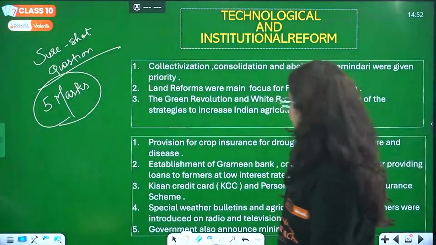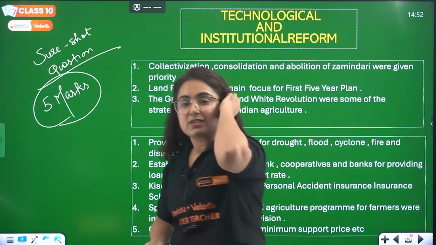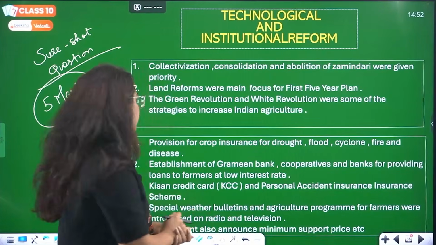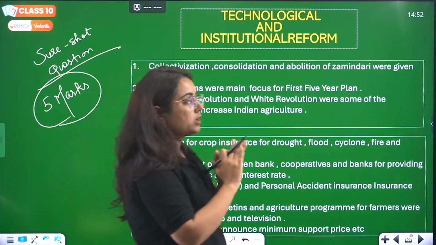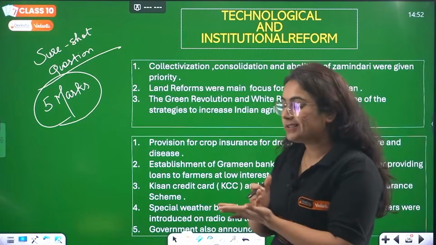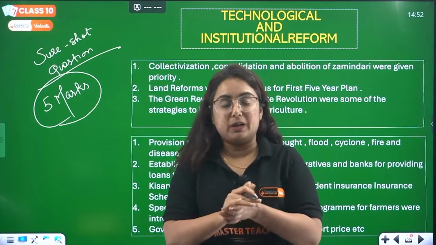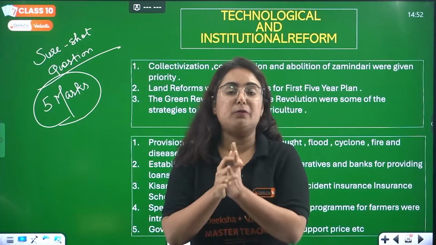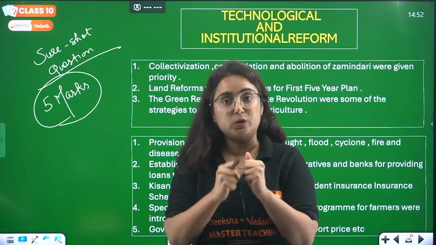So moving back to the chapter, what we were studying is agriculture, and the last topic of agriculture is technological and institutional reforms. What, my dear students? Technological and institutional reforms. So the first thing, beta, India became independent in 1947 after being under colonial rule for 200 years. The revenue policy of colonial rulers was made in such a way that the land remained in the hands of some people of India. However, it was taken from the original owners, the farmers.